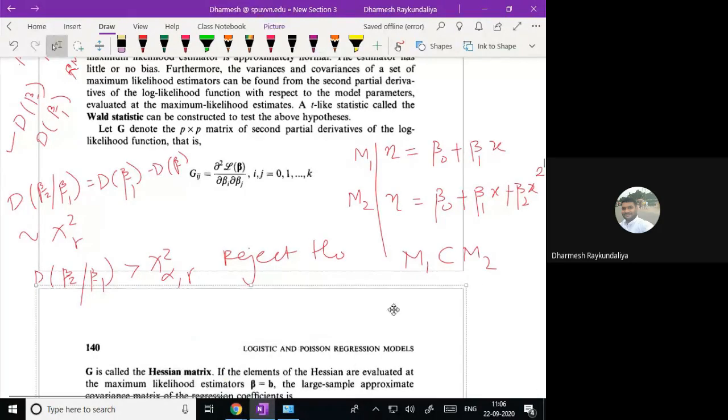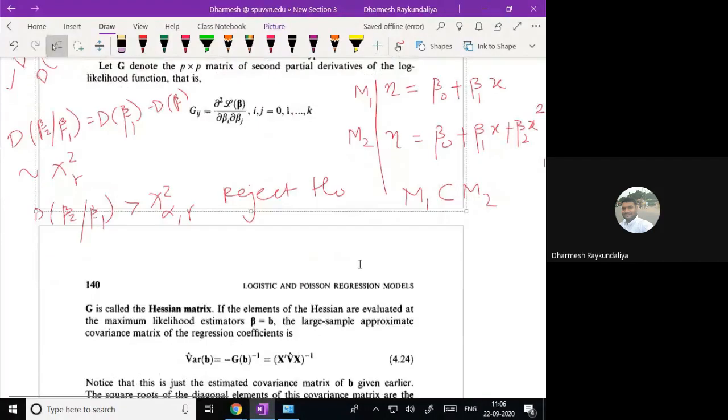So of course, when models are nested in nature, we can use the concept of deviance statistics. Okay. So we would like to test whether there is no impact of the quadratic term. So we assume that H naught: beta 2 equal to 0. And now we will test based on the deviance. So we will calculate the deviance of beta 2 given beta 1,